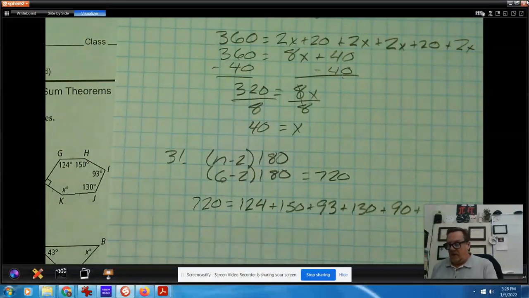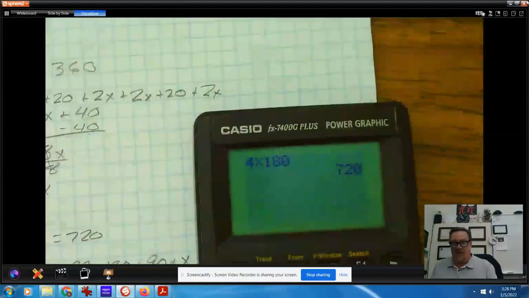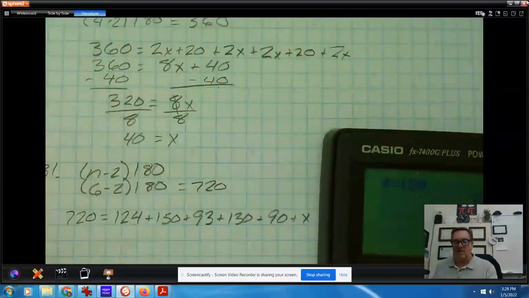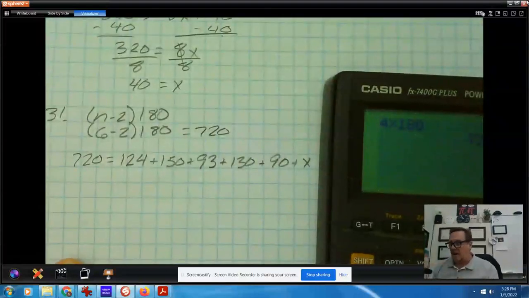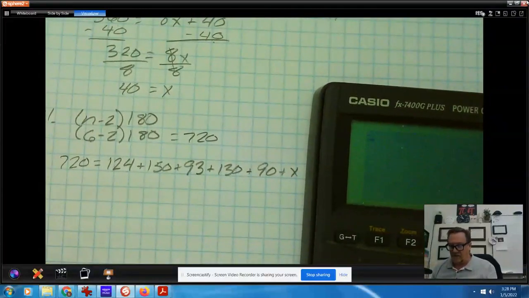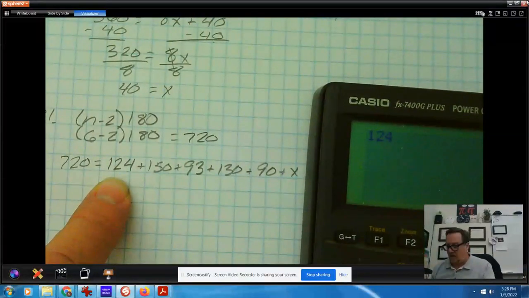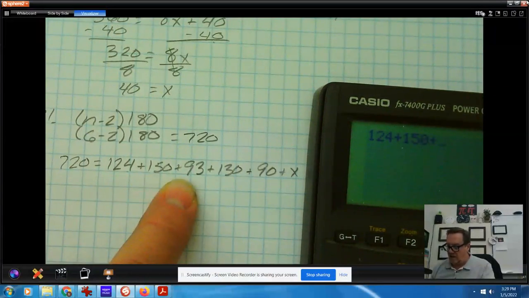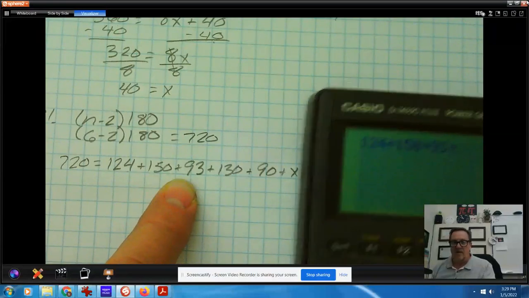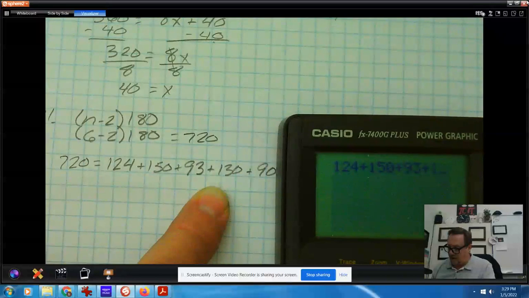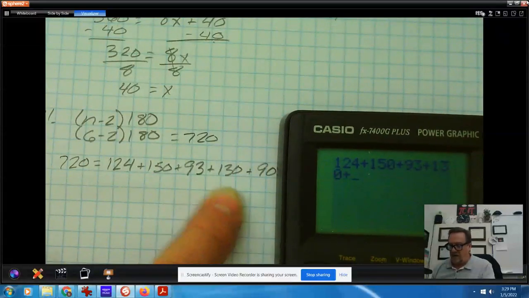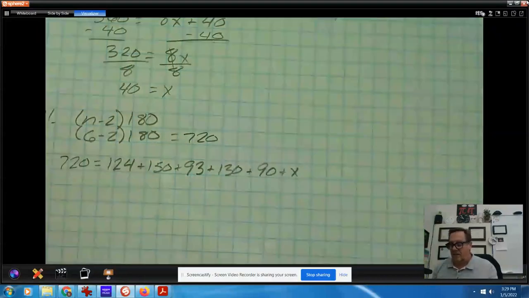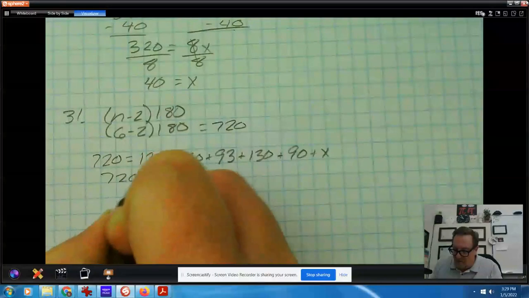Now, we can use a calculator and add all those together. Give myself some room here. Things are disappearing. All right. I'm going to add 124 plus 150 plus 93 plus 130 plus 90 gives us 587. So 720 is equal to